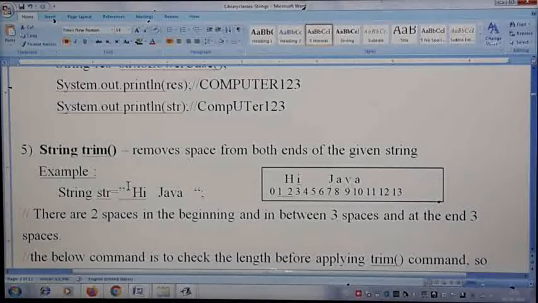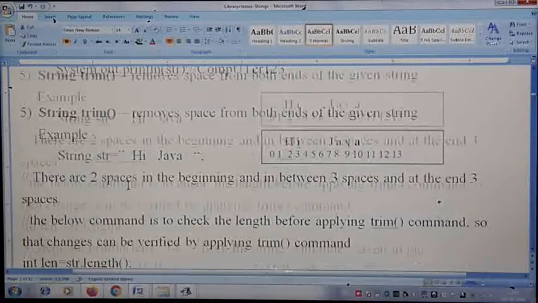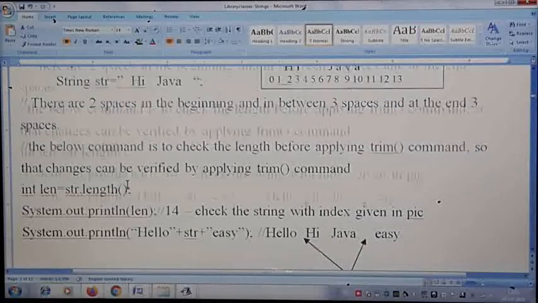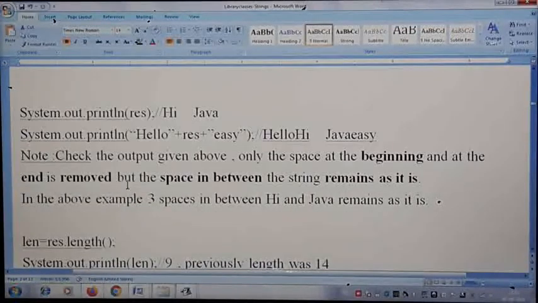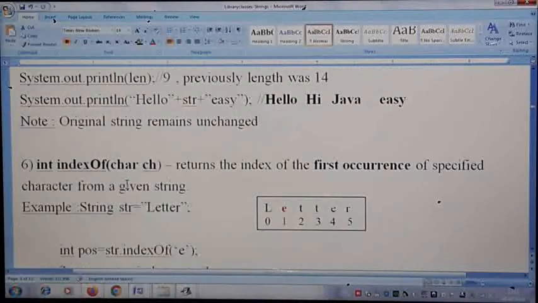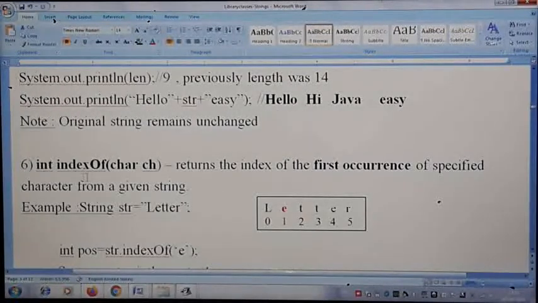Apart from that, we also discussed one of the commands called index of, which is just the opposite of the character at command. Here you give the character to the command, and the outcome of the index of command is an integer. It means you want the index of the given letter. Whatever letter you specify here, you get the index number of that letter. That is the command we discussed in the last class. With these many commands, like character at, length of, two uppercase, we will try to write some of the programs today.